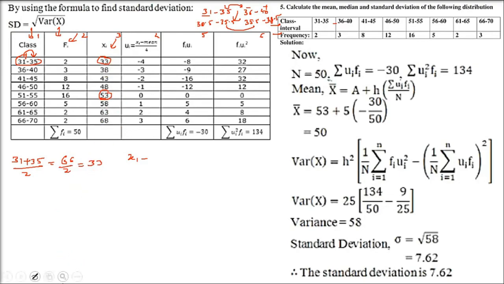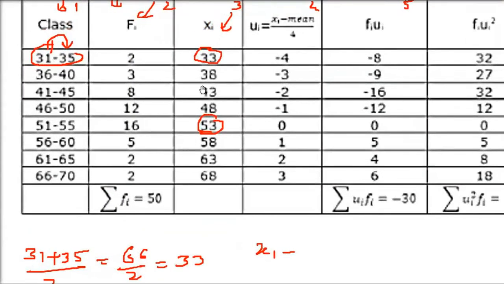What I am trying to suggest here is, assume the mean. How many numbers are there? 1, 2, 3, 4, 5, 6, 7, 8. Either you can do 48 plus 53 by 2. This was one method which we already know. But why do it? Because we already have a closer number, either 48 or 53. Take any one of them. We haven't found out the actual mean. This is assumed mean. This is up to you. That is why it is called assumed mean.